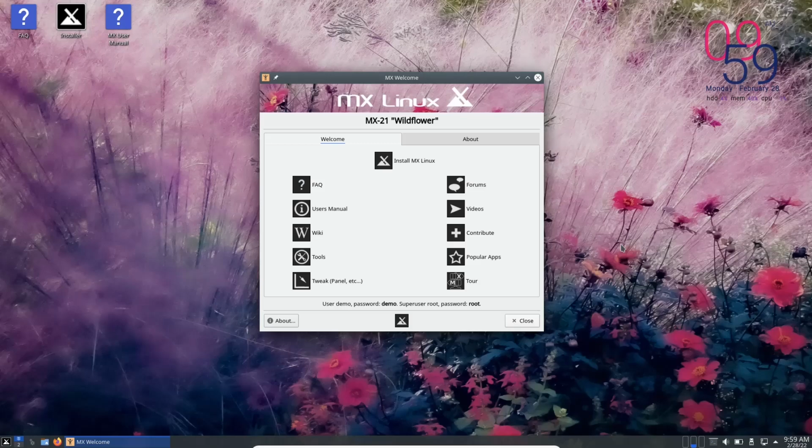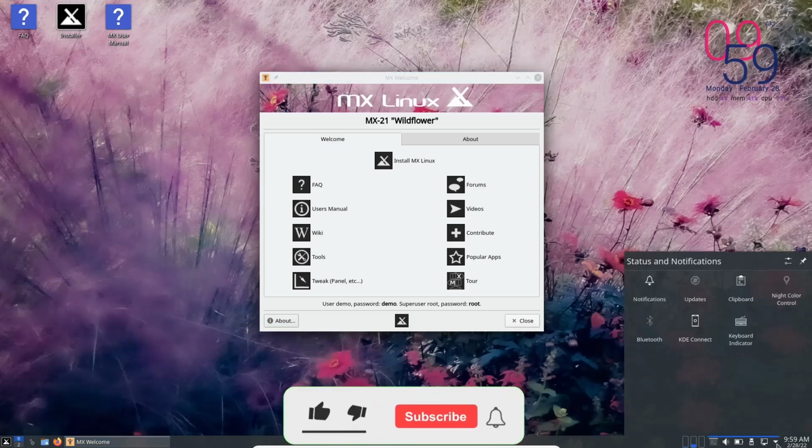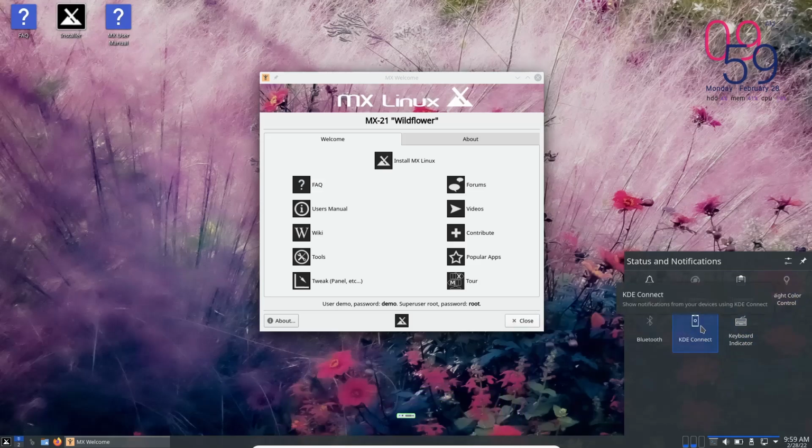Okay, you're a computer user. You've got general knowledge. You know if you come down here, you've got date and time, and a little arrow here. Let's click that up. Okay, there's my notifications. There's my clipboard. There's my keyboard. KDE Connect. I have no idea what that is. Maybe I need to look that up. And then Bluetooth. I know what Bluetooth is.